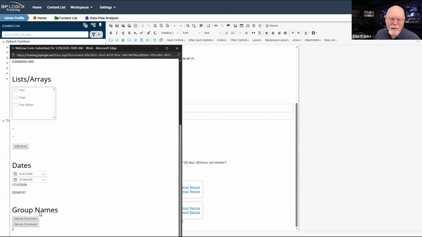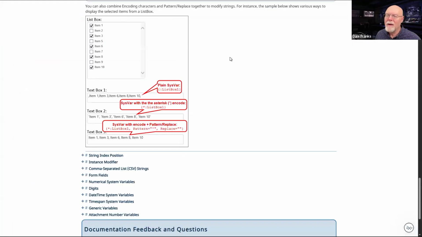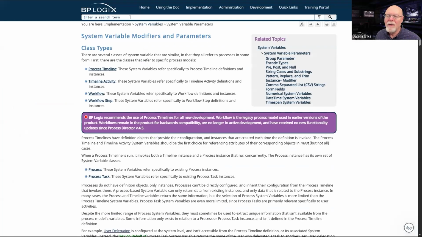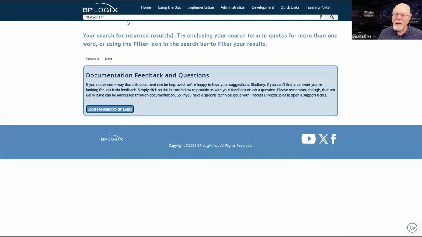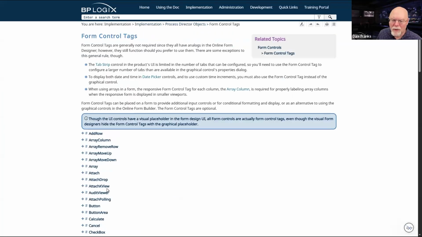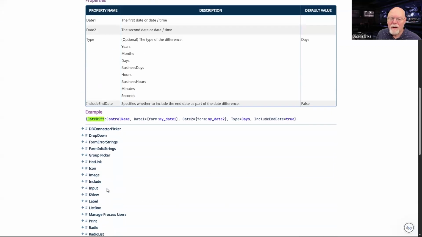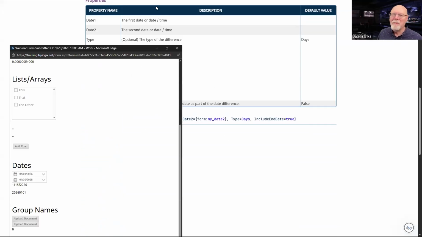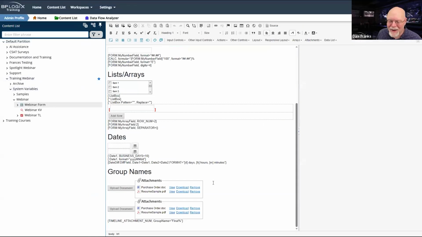Okay, let me check my syntax for this. So date diff, form control tags, date diff, control name, date one. Oh, I know. I do have a syntax problem. It'd really be helpful if those were system variables.